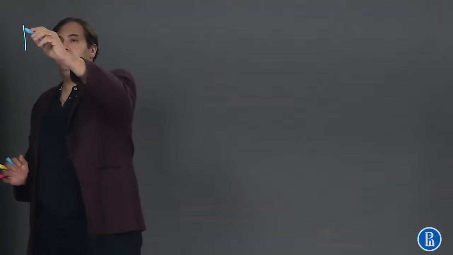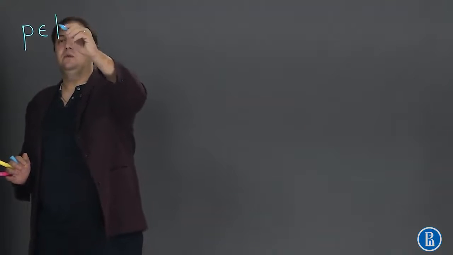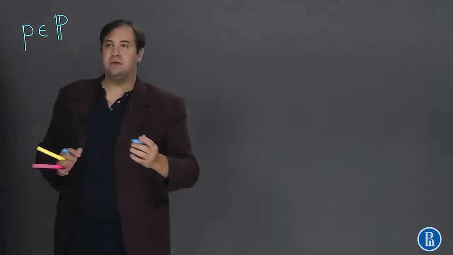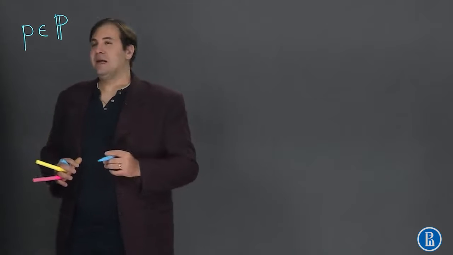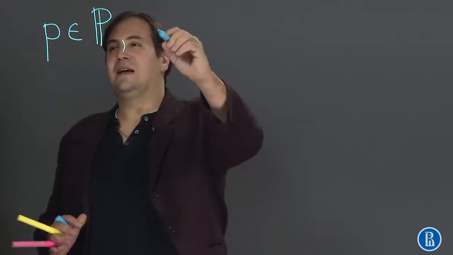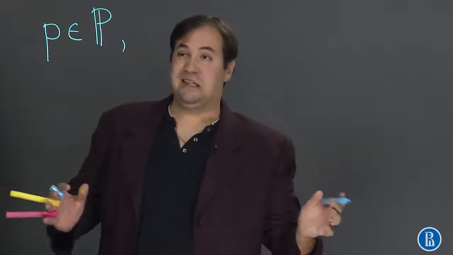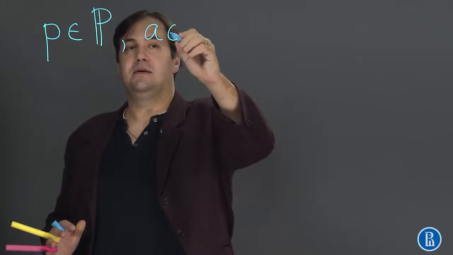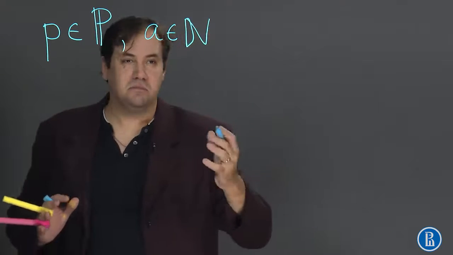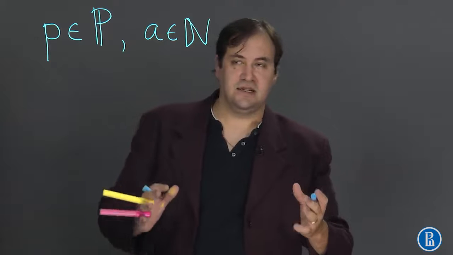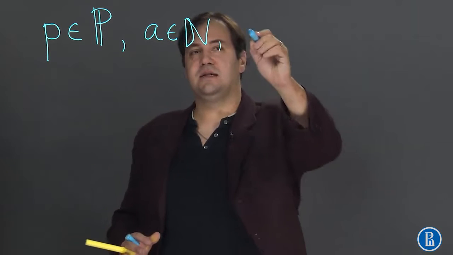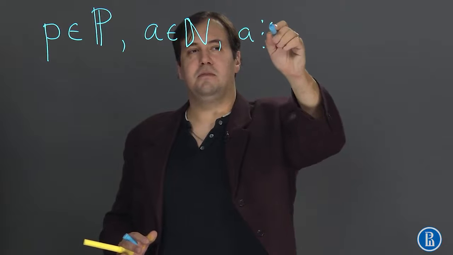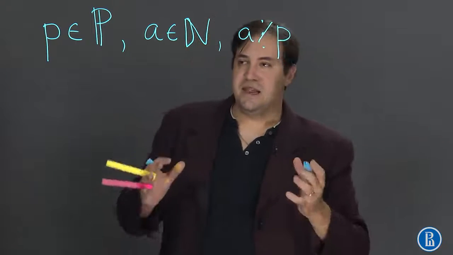So we have a prime number p, and we denote the set of all prime numbers this way, a nice capital P, and we have an arbitrary integer number a. Well, here I say that it is a positive integer, but it doesn't matter actually. And we know that a is not divisible by p. And in that case,